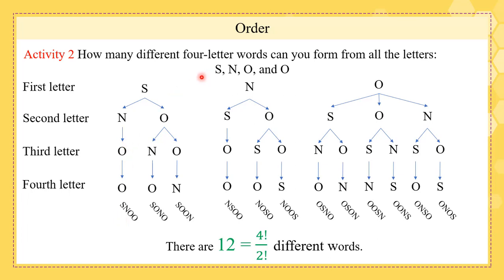Now, if we want to use the previous result, we should have 4 factorial because here we have 4 letters. But in fact, 4 factorial is 24. And we can notice from here that in case we have a repeated letter, we're going to divide by the number of repetition factorial. So here I have 4 letters. This is 4 factorial, and divided by, because we have 2 letters which are repeated, we divide by 2 factorial.